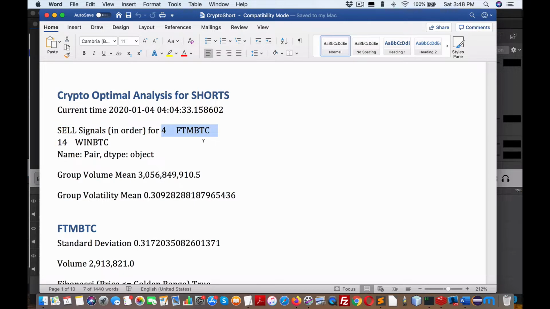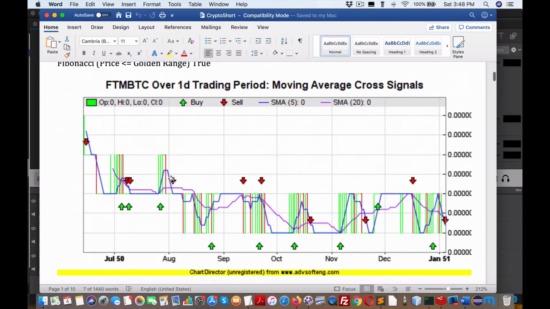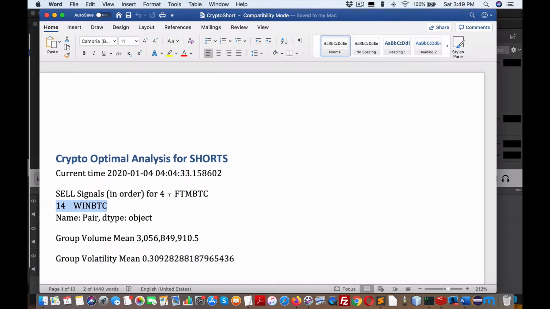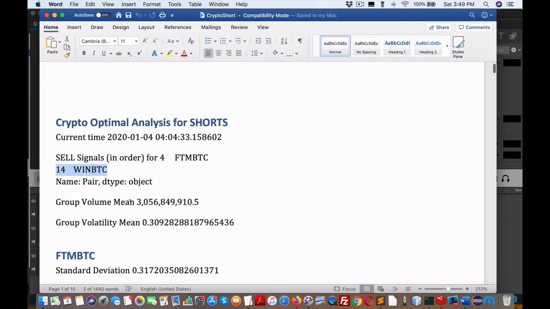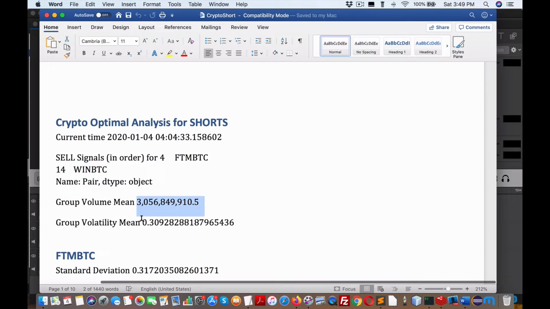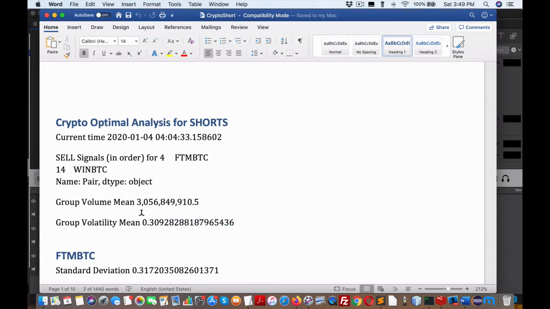FTM BTC and Win BTC. So what we typically do is, for whatever shows up in this report, I take a group volume and I also measure the group mean, or the average, of the pairs listed here. So there's only 2, Win BTC and FTM BTC, and this report will calculate the average of the pairs in that group. We calculate the mean, and we also calculate the volume mean,